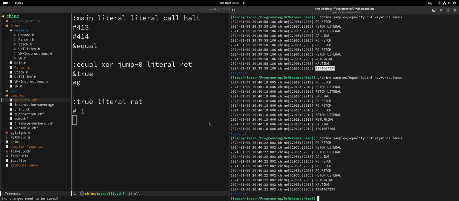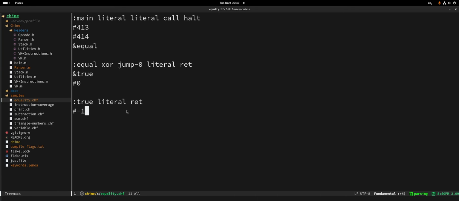Oh, we do have a bug. So what was supposed to happen? If this XOR would not be true, it will not go to zero, I should say. It will go to something different than zero, which means that the jump zero will not do anything, which means that you're going to put the zero on top of the data stack, and then return